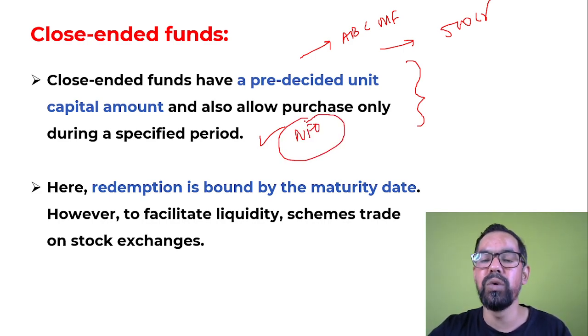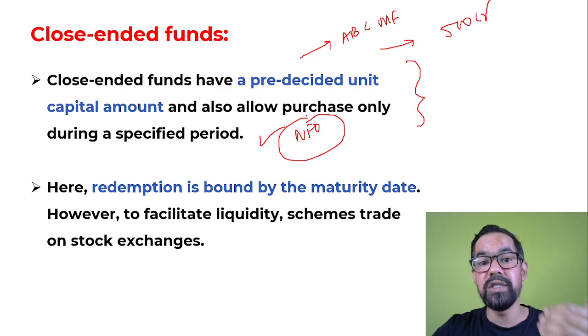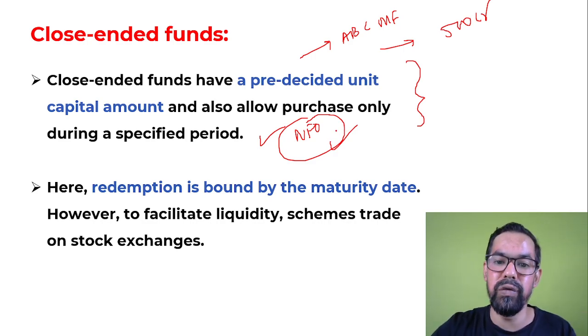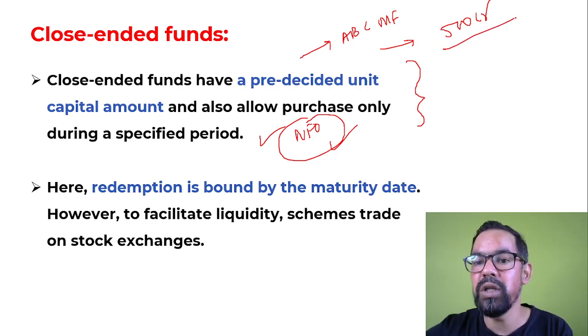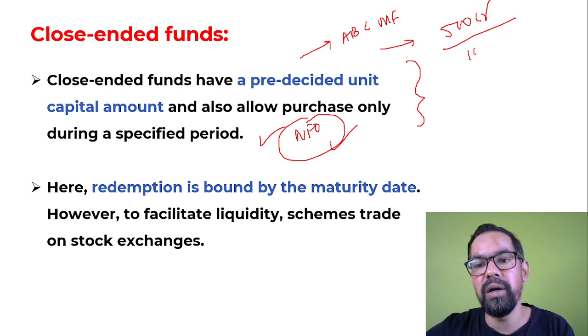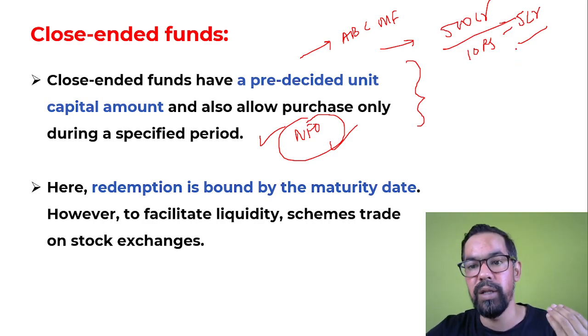So during NFO, you can buy these kind of mutual funds only during the listing of that particular mutual fund, and listing of a mutual fund is generally known as NFO, new fund offer. Okay, so the fund size is 500 crore rupees, and the per unit cost or the face value is, suppose, 100 rupees. So there are 5 crore shares or 5 crore units of this particular mutual fund available in the market, and